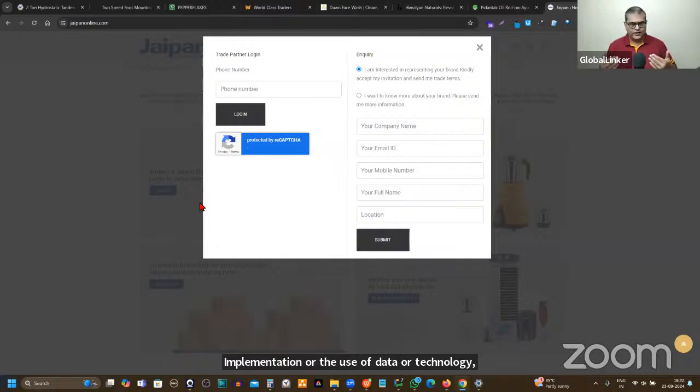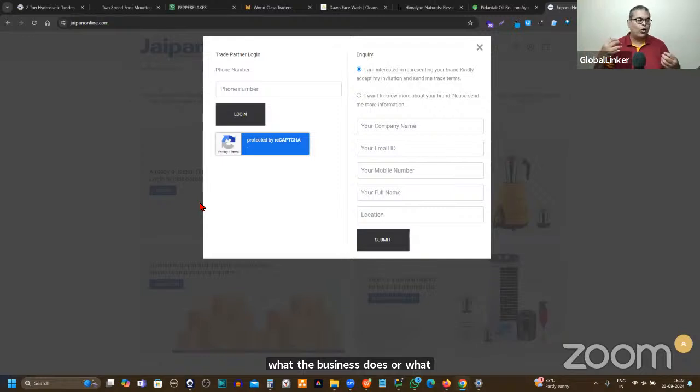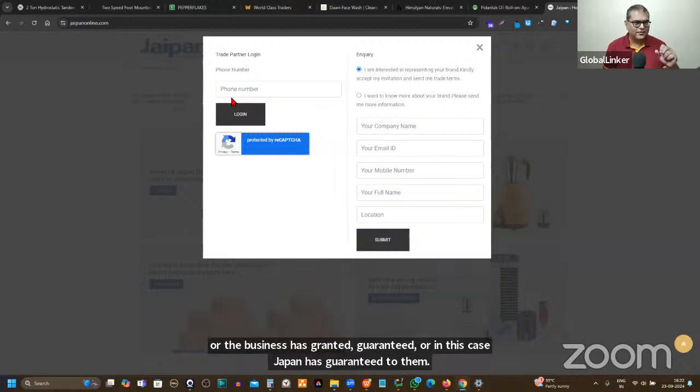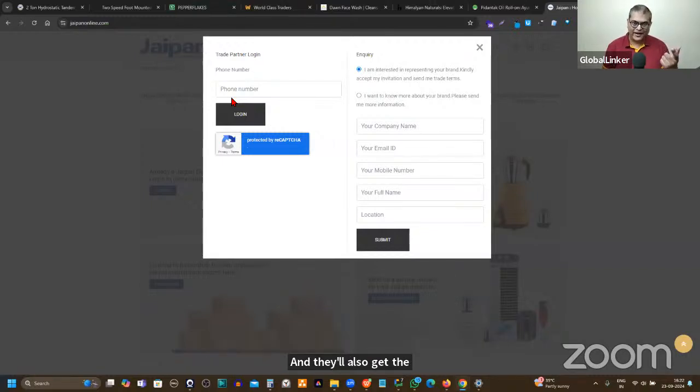What the brand does is that they onboard all their bulk buyers onto the website, and then the buyers just have to come here and do a secured login. Once they log in, they can see the special price which the brand has guaranteed to them, or in this case, Japan has guaranteed to them. And they'll also get the credit period in case it is agreed by the seller, or Japan in this case,